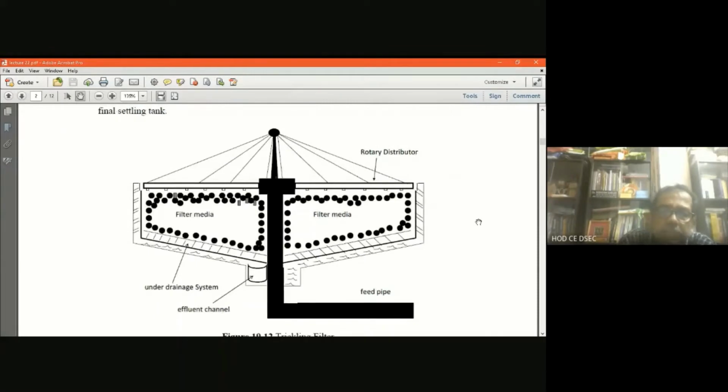It is a circular filter, where you see the rotary distributor at the top portion, and why the name is trickling, because the water is sprayed from the top. There are arms which are called the rotary distributors, and through the arms the wastewater is sprayed on the top surface, to the attachment surface,